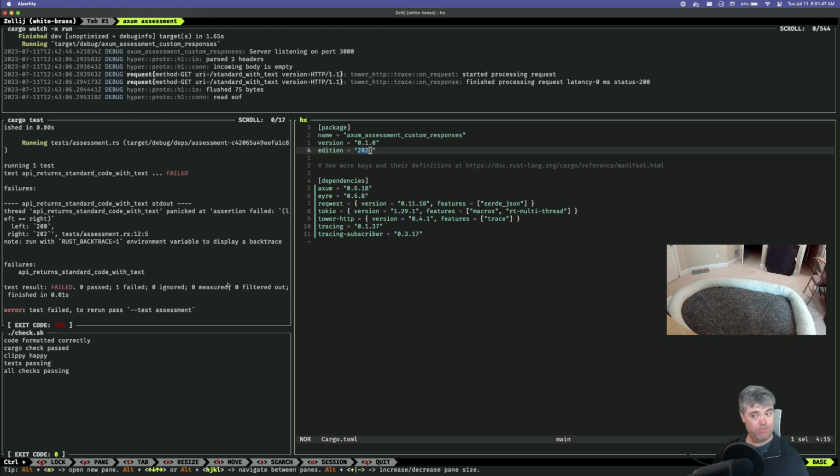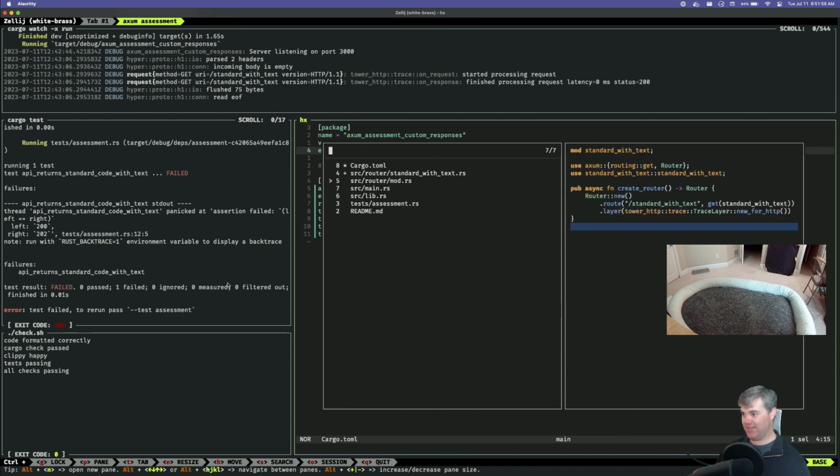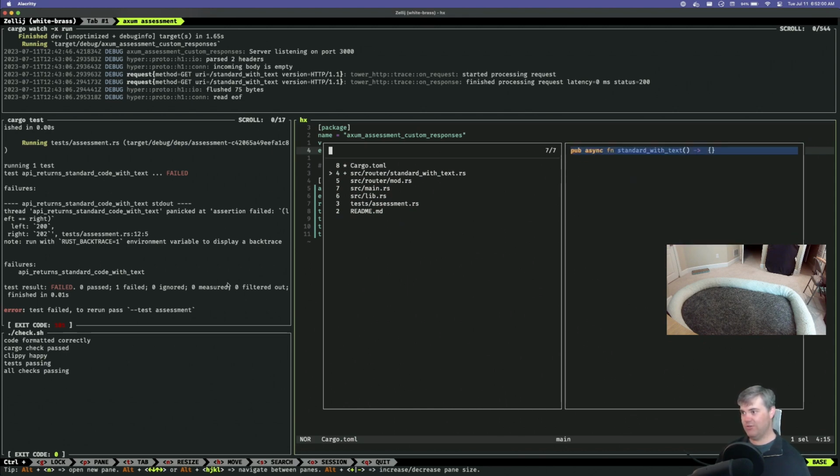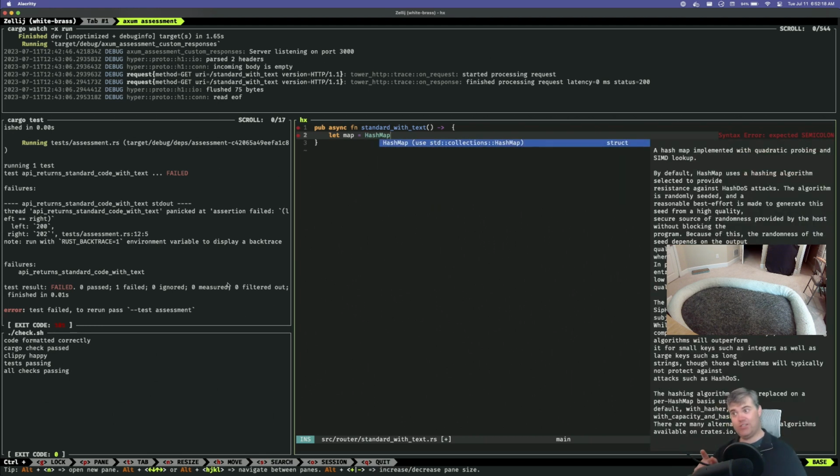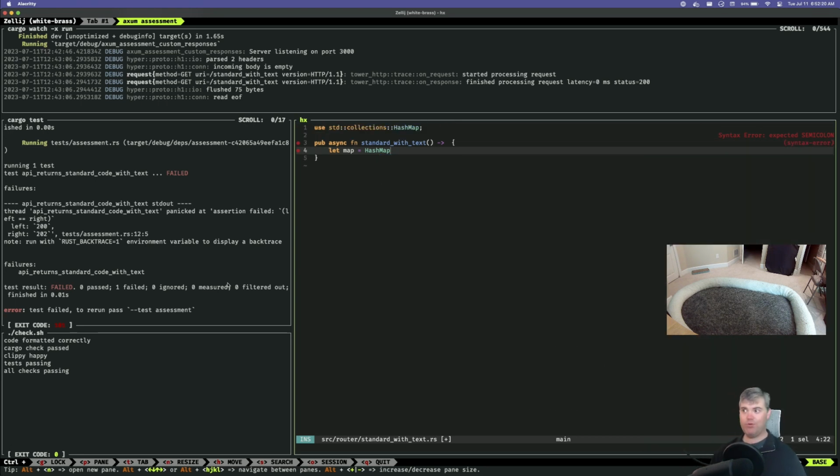Also, Rust Analyzer, as Stacking just mentioned, is just amazing. Let me show you an example of this. If I come over here to this code, I haven't really done anything yet with this. Let's say I want to create a hash map. So it's like, okay, let my hash map equals. Rust Analyzer is doing this for me, where I can pull this in and it auto imports for me.